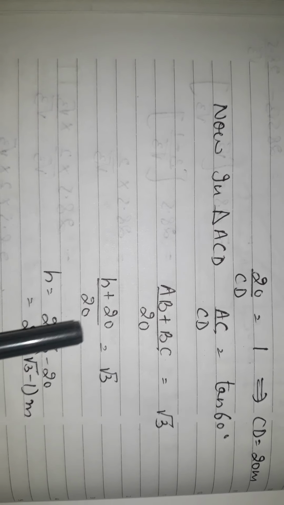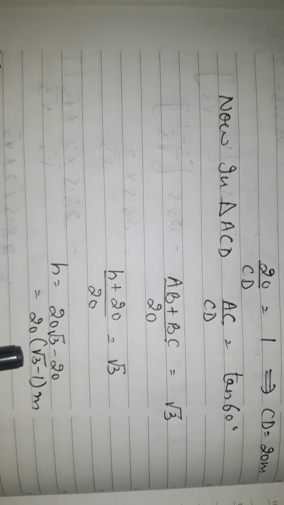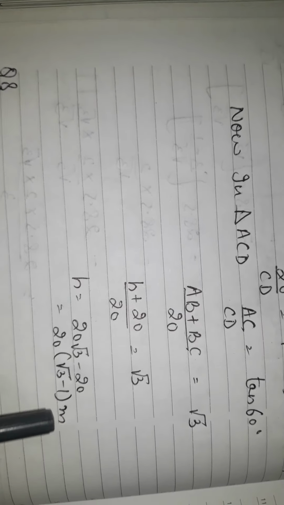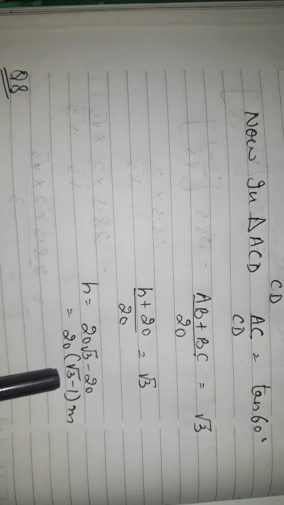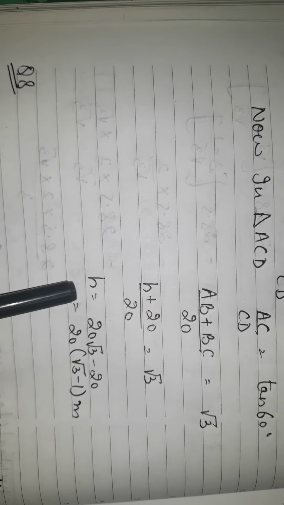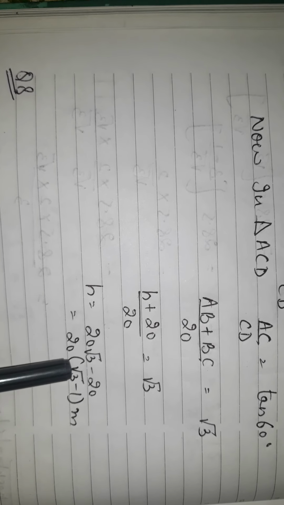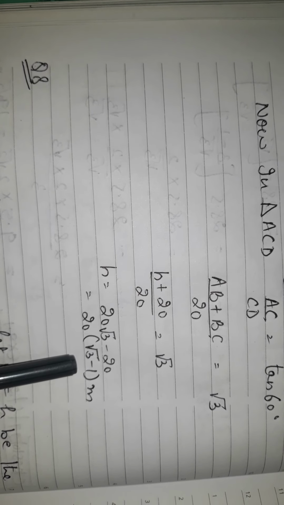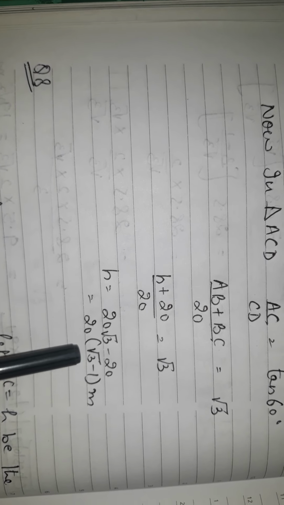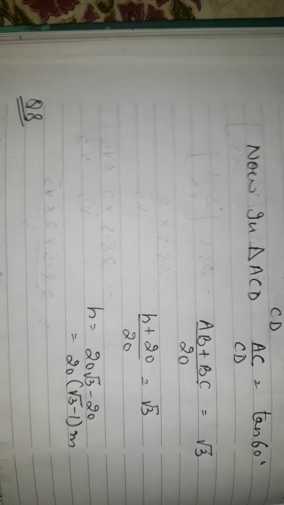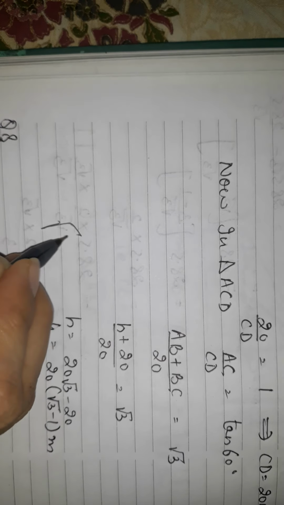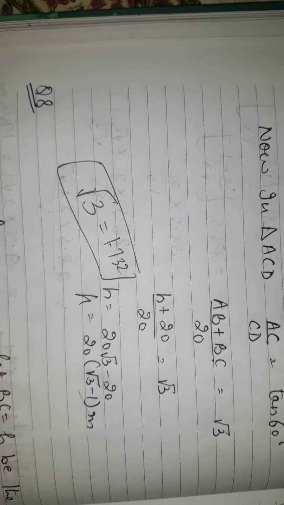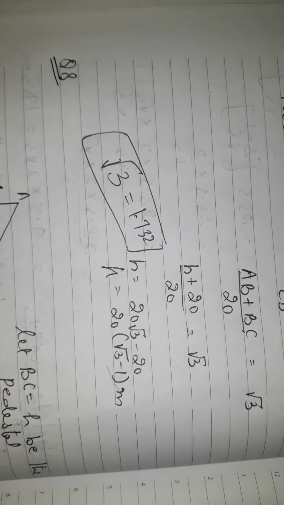So we have written like this, cross multiplying. So 20 taking common, root 3 minus 1 into this is your h. Now here you can also put the value of root 3 as 1.732 and completely find out, though it's given like this at the back of your NCERT, but sometimes it is required to find out the complete answer. You can put the value of root 3 as 1.732, because I have told you that root 3 is always 1.732, and calculate it completely. Now let's move on to question number 8.